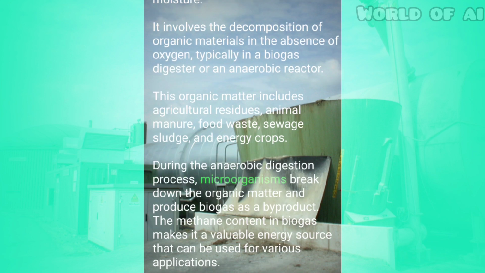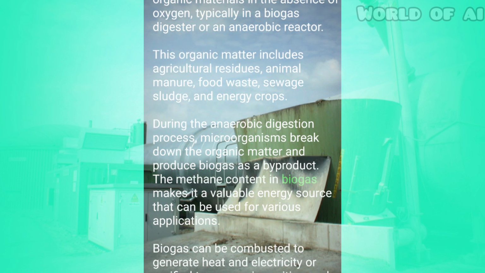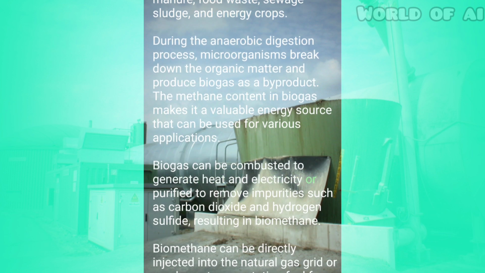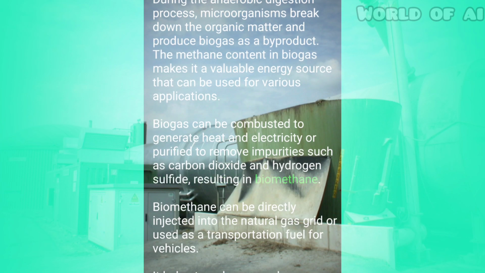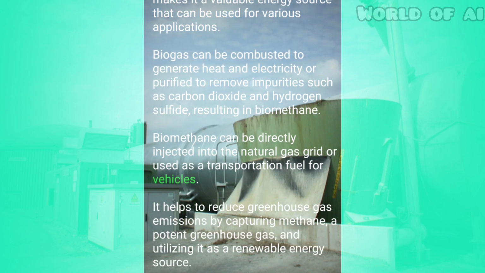During the anaerobic digestion process, microorganisms break down the organic matter and produce biogas as a byproduct. The methane content in biogas makes it a valuable energy source that can be used for various applications. Biogas can be combusted to generate heat and electricity or purified to remove impurities such as carbon dioxide and hydrogen sulfide, resulting in biomethane. Biomethane can be directly injected into the natural gas grid or used as a transportation fuel